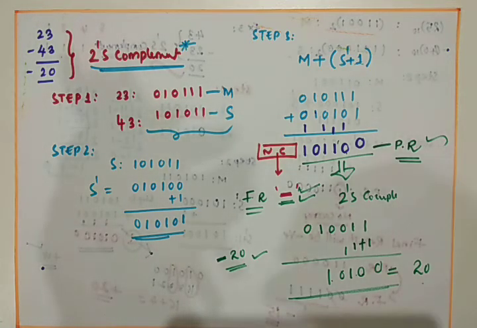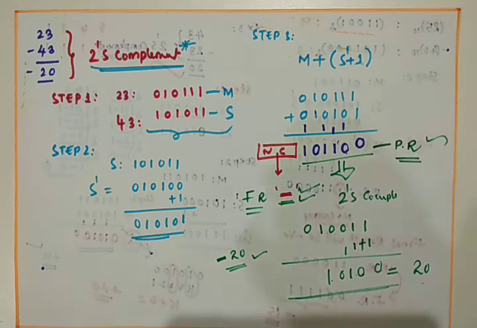From this 1's and 2's complement arithmetic, we can expect one short answer question, or we can expect one long answer question for 5 marks. So it is very, very important. I am giving the conclusion of this 1's complement and 2's complement. Steps remain the same in the 1's complement and 2's complement method in obtaining the subtraction.